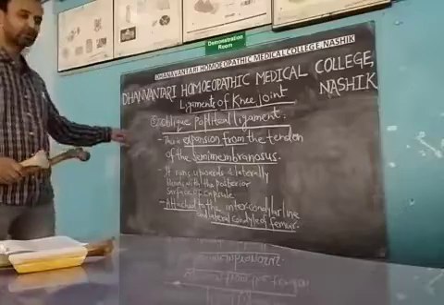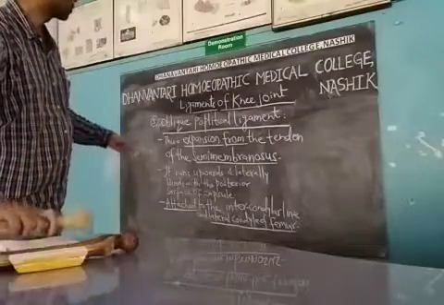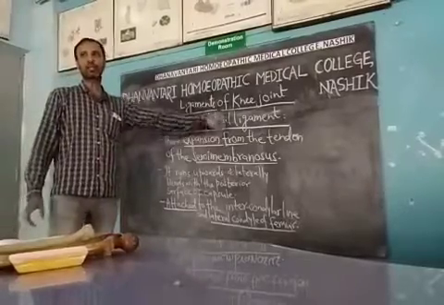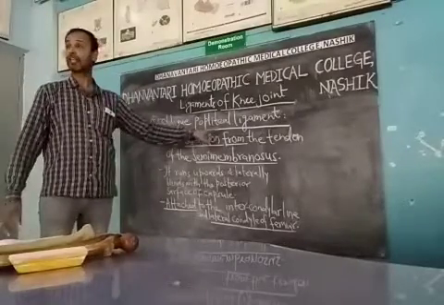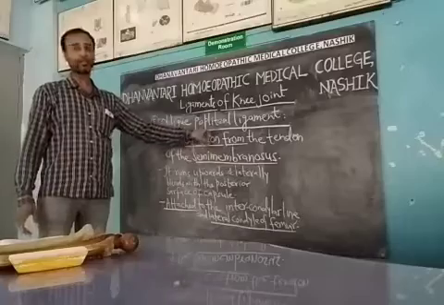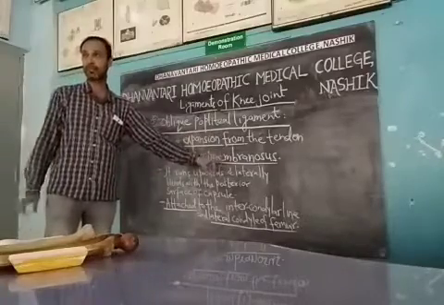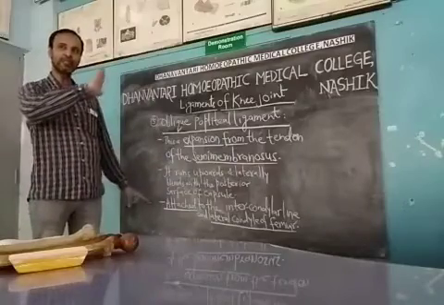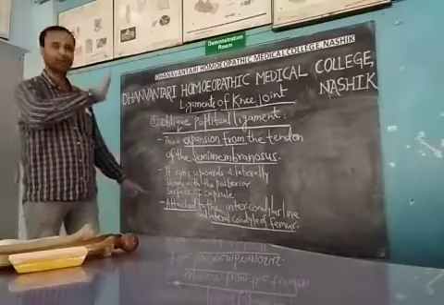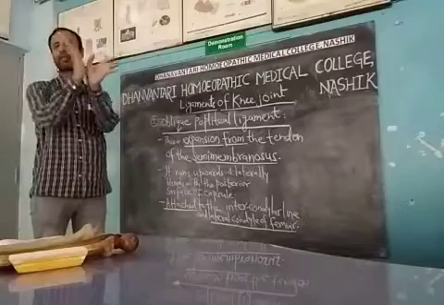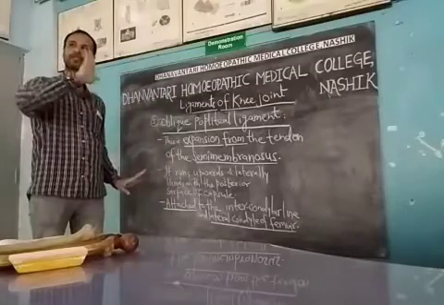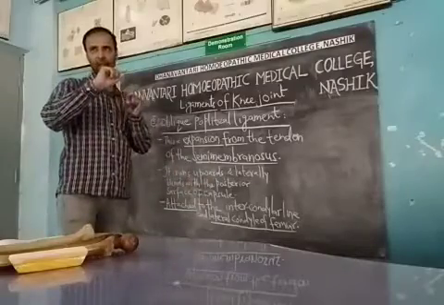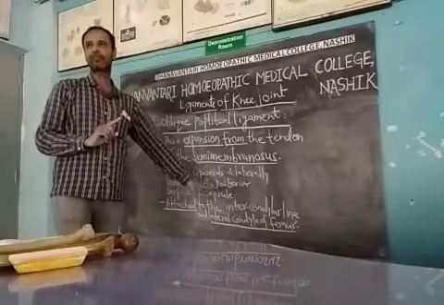So these are the 2 points we have to describe here. First, it is an expansion from the tendon of the semimembranosus. Remember this. Then second, it runs upwards and laterally, and merges with the posterior surface of the fibrous capsule, and is attached to the intercondylar line and the lateral condyle of the femur.